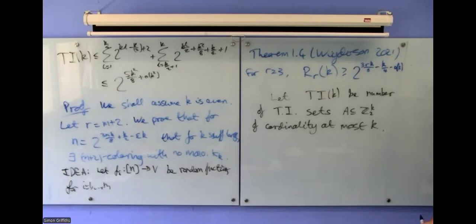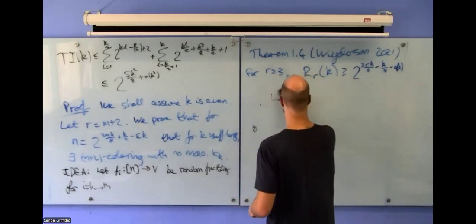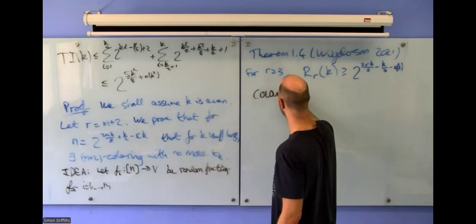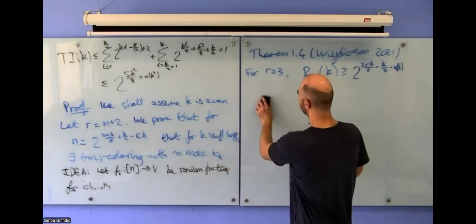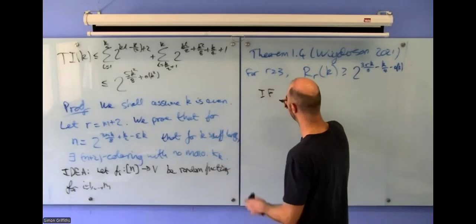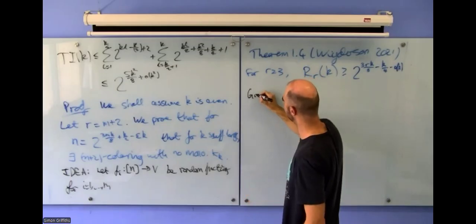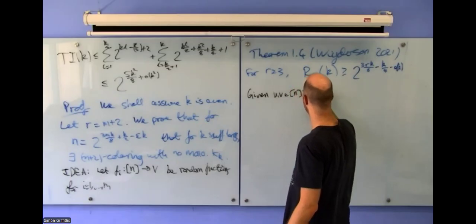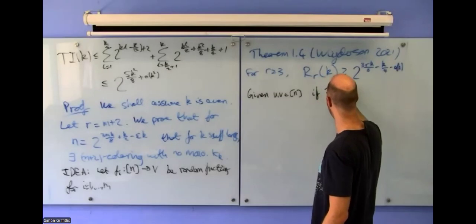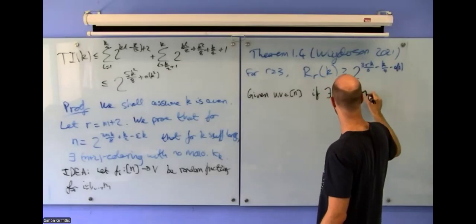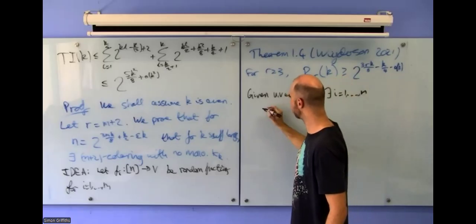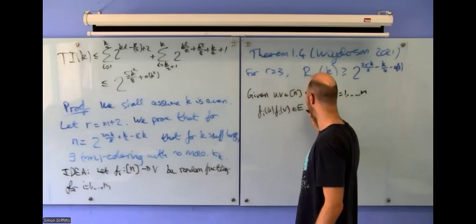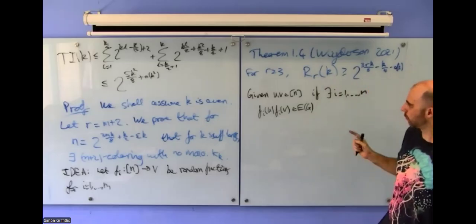And now I need to tell you how these are going to relate to the colouring. So here's the rules for colouring. Let's start with, given U and V in N, if there exists i, if for one of these random functions, the image of UV, so f_i of U, f_i of V, is an edge of G, if you ever land on an edge of G, then I will colour